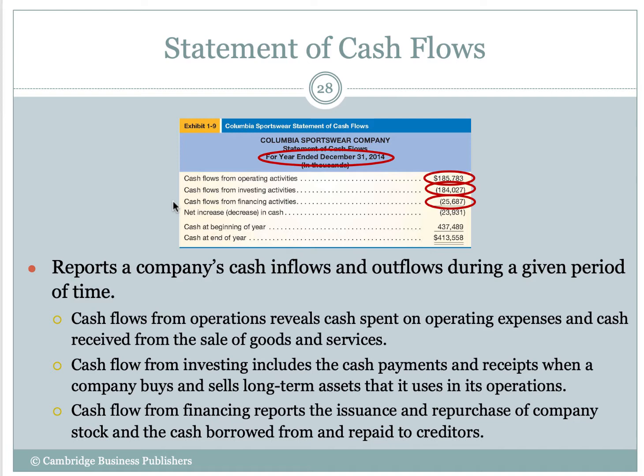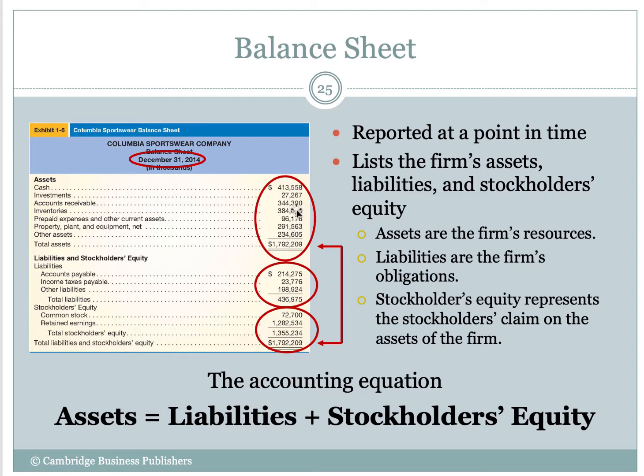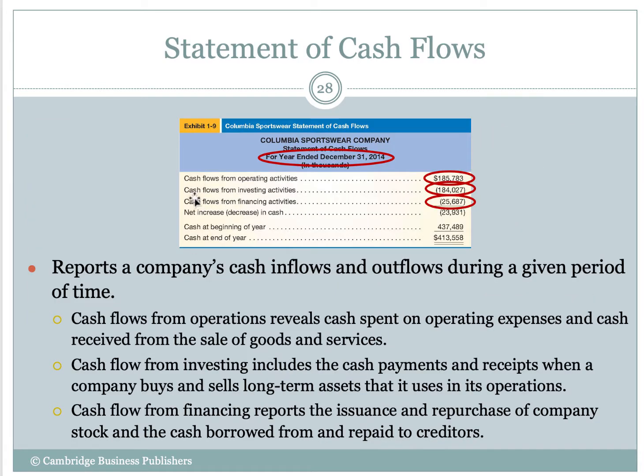Basically what this statement does is not only does it show us where we're earning cash and where we're spending cash based on the activities, it also proves our cash balance, okay? Let me go back just real quick to the balance sheet. Notice what our cash is. Our cash is $413,558, okay? We do the cash flow and we say, okay, based on your operating activities, investing activities, and financing